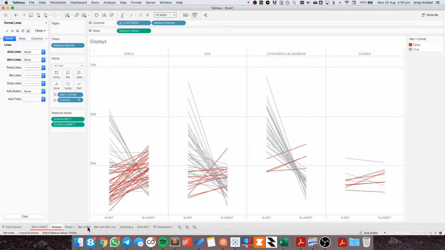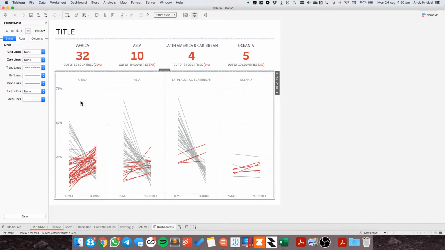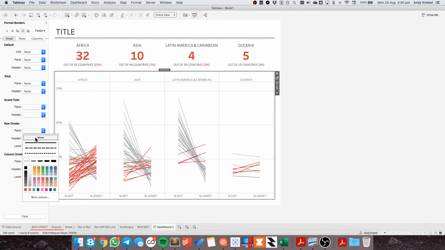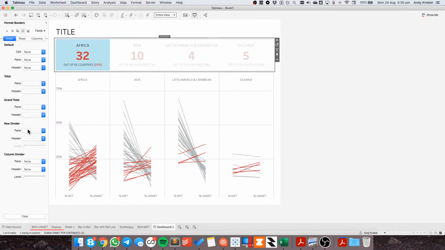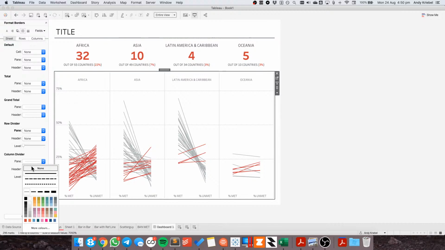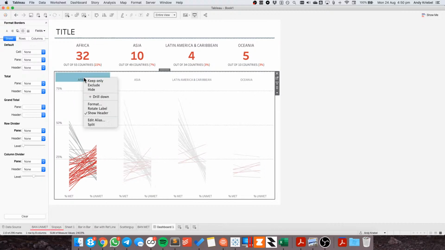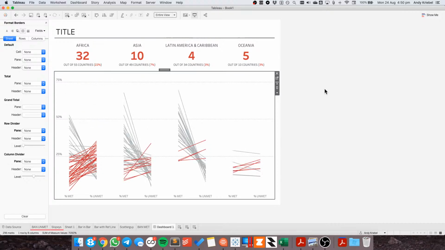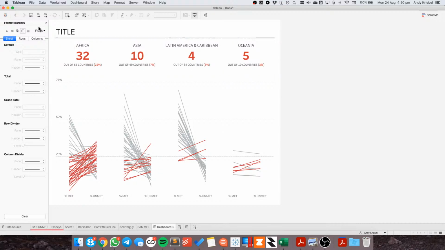Okay, I think it kind of implies there's a 0 there. So let's see. Okay, so now everything lines up nice and neat. So let me format and get rid of my axis ticks. I don't need my row dividers. I don't need them on this one either. And then, do I want column dividers here? If I get rid of my column dividers, and then I can hide these. Okay, there we go. So what I'm hoping now is, does that line up nice and neat going down the